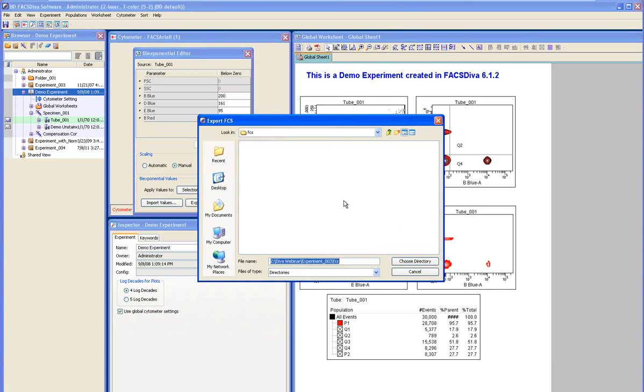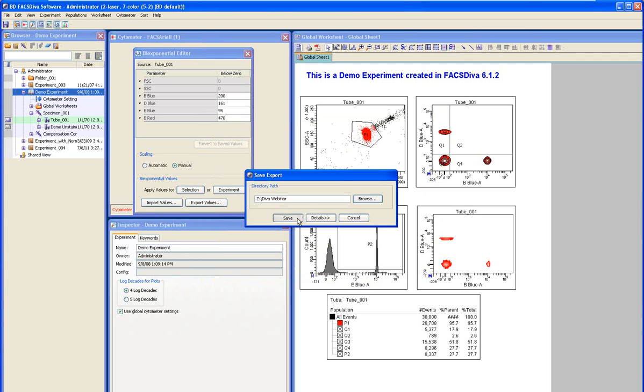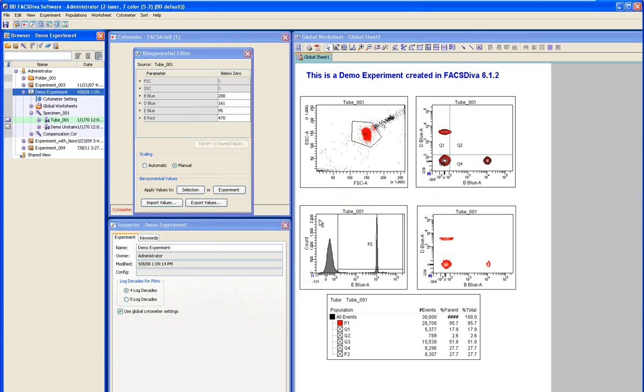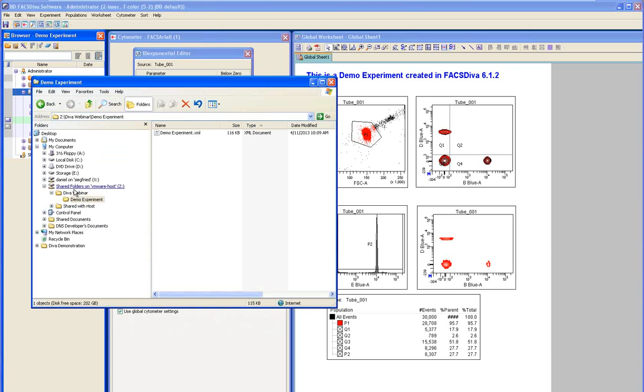And that second export, you select the folder again. I'm just going to put it in the same folder that we used before. So this is Diva Webinar. I think we just need to select the base folder and save. And now when we look inside the folder again,